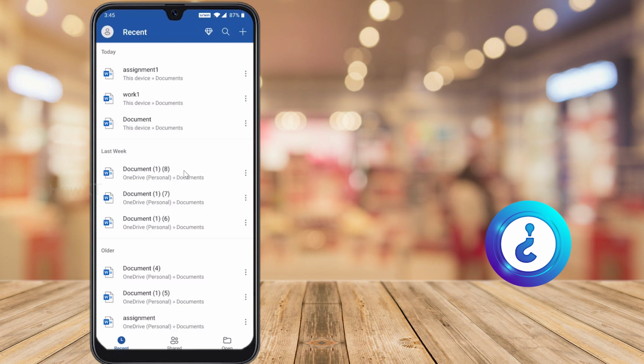Each and every document has a different kind of paper size. So A4 sheet, A5 or legal sheet, letter sheet, and all kinds of sheets will be available. So how can we change it on the mobile phone?